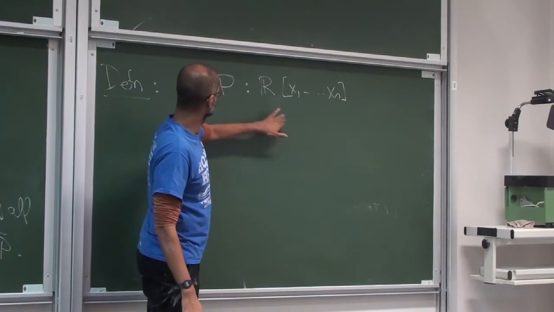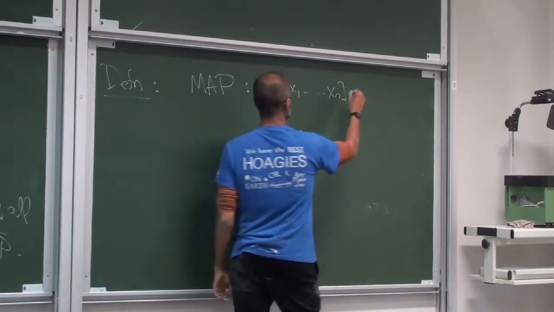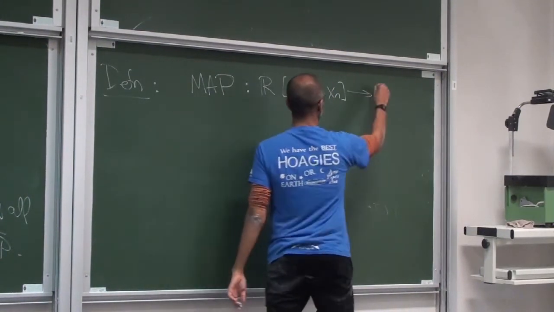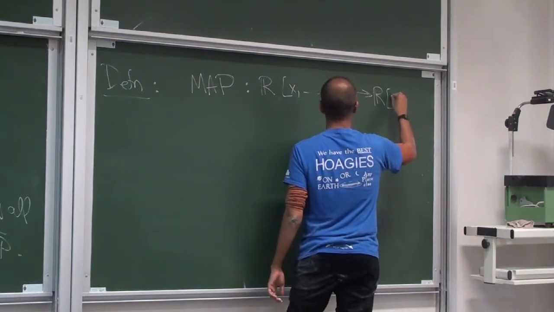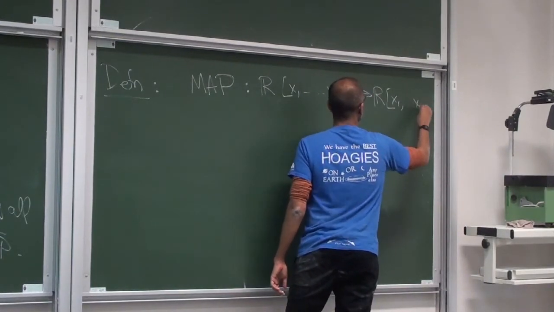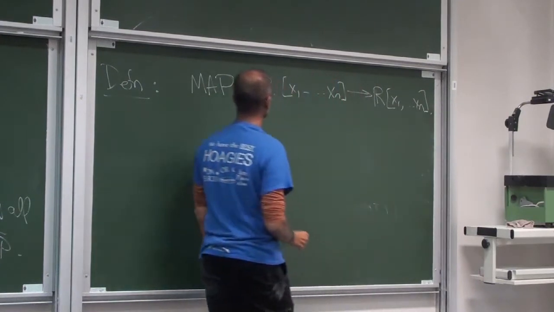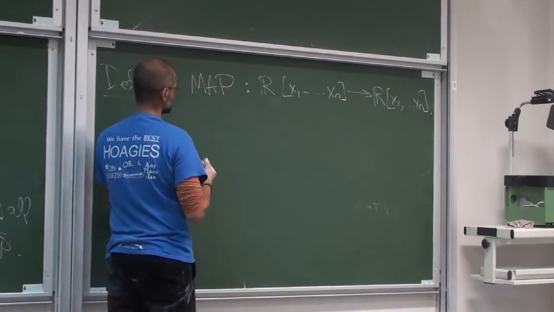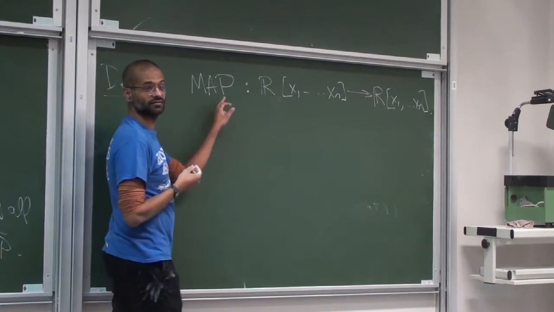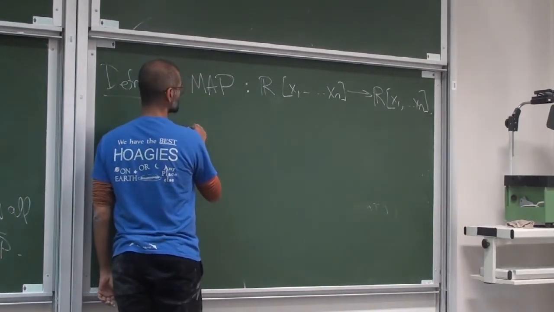I don't even really need this. So it's a linear transformation from the vector space of real polynomials in n variables to... defined as follows. It's what it sounds like. It stands for multi-affine part. What it stands for is